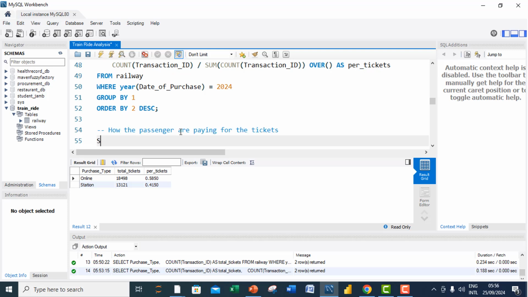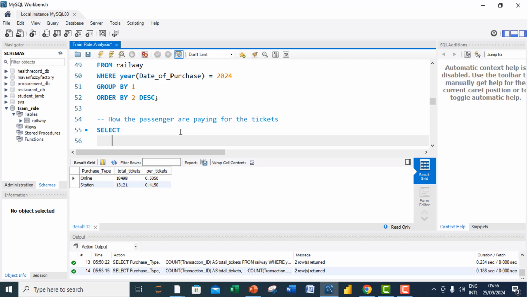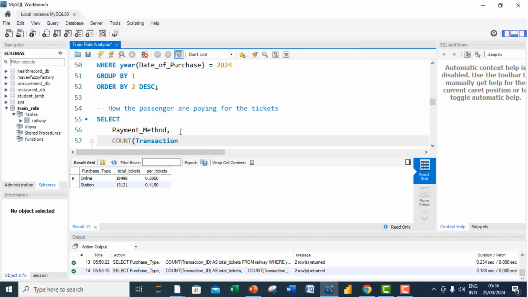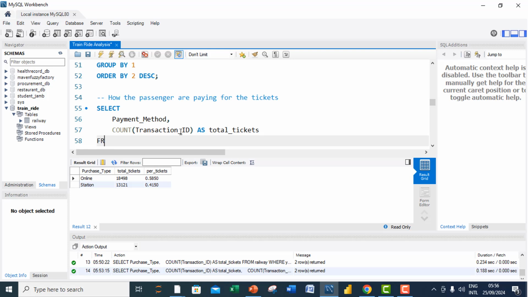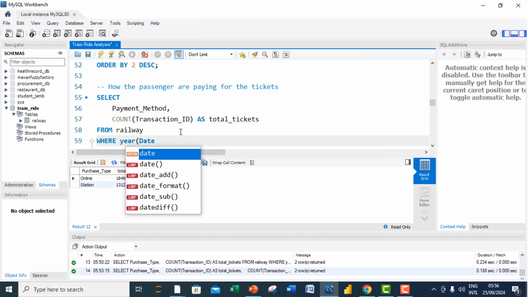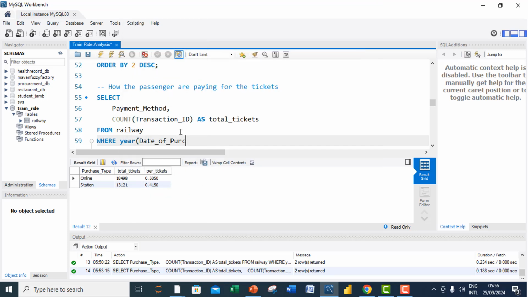To answer this question, we select the payment method and then we count the transaction ID as the total ticket from our table, the railway, and we are doing this for tickets that were purchased in the year 2024,